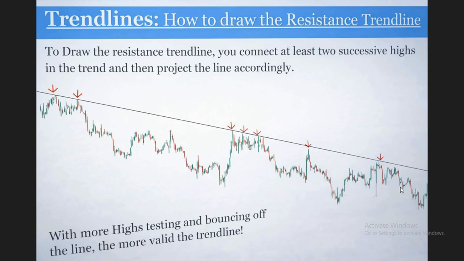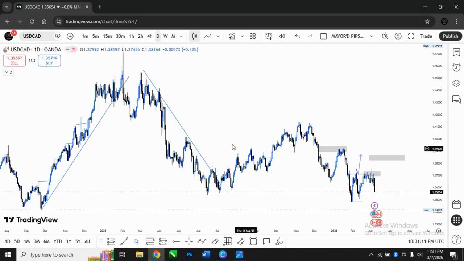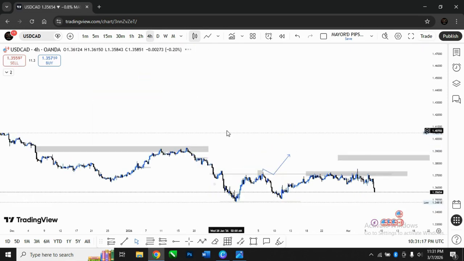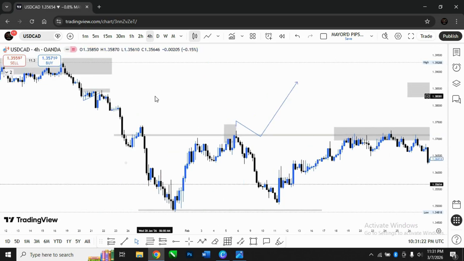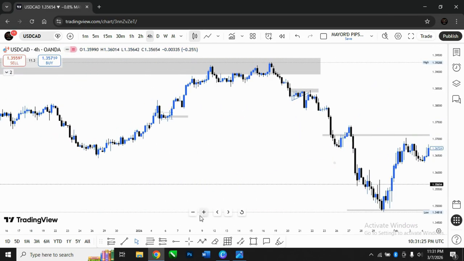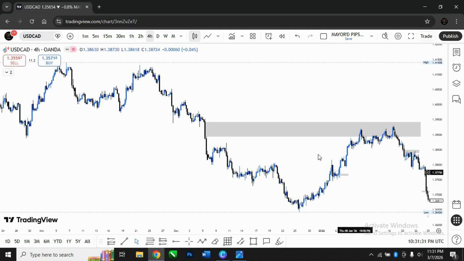So, downtrend, or how to draw the resistance trend line. To draw the resistance trend line, you connect at least two successive highs in the trend and then project the line accordingly. Now let's go to the live chart. Let's see, we have something here. Let's move down to the 4-hour time frame. Moving down to the 4-hour time frame, let's look for a level where we have, okay,